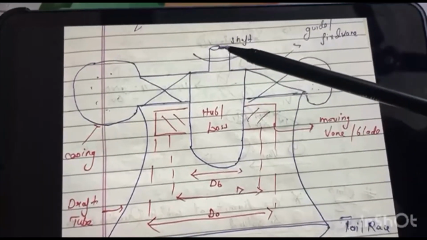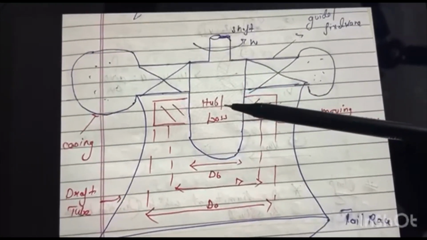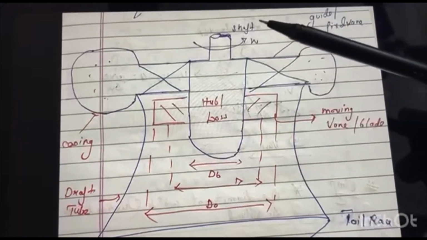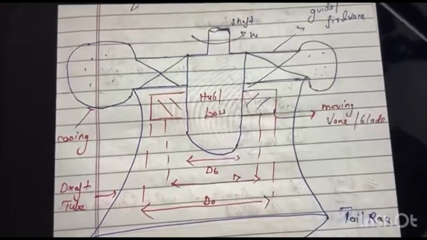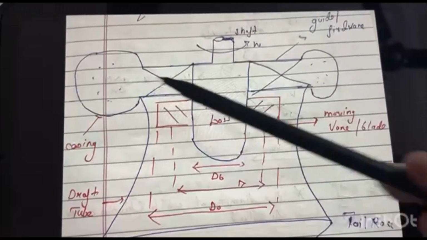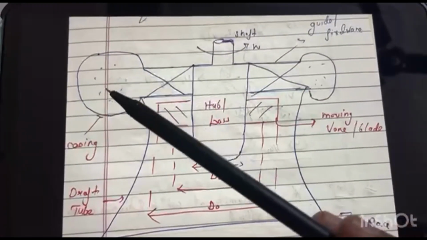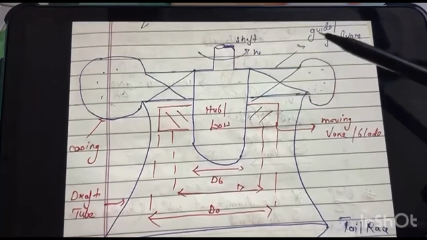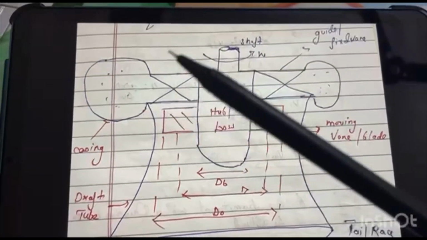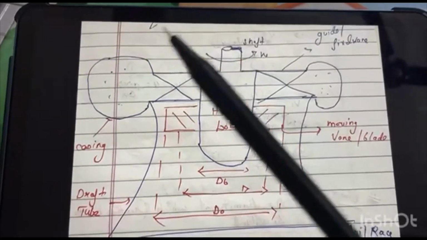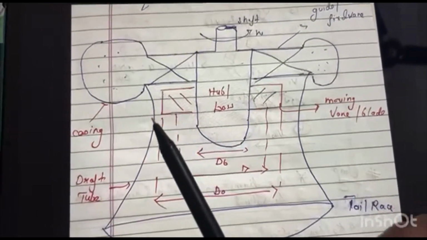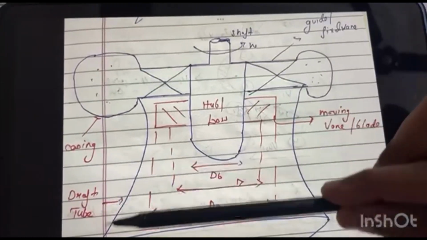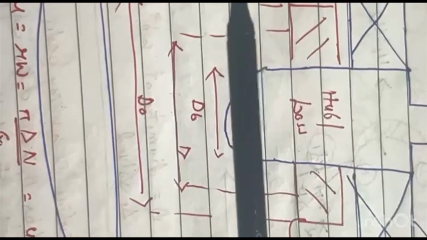एक बार और बताता हूँ। शाफ्ट से पावर आउटपुट निकलता है, शाफ्ट बिल्कुल हब से जुड़ा हुआ है, हब को बोस बोल लीजिए, एक ही बात है। उस हब से बिल्कुल जुड़ी हुई है मूविंग वेन, जो मूव करती है। और ये कास्टिंग है, ये दो सर्कल जो छोटा बड़ा देख रहे हैं, यहाँ से पानी आता है। ये फिक्स्ड गाइड वेन्स हैं, ये मूव नहीं करतीं, यहाँ से हम इनलेट एंगल डिसाइड करते हैं। और ये ड्राफ्ट ट्यूब है, यहाँ से जितना भी पानी निकलेगा, इससे नीचे जितना पानी आया, ये ड्राफ्ट ट्यूब है।